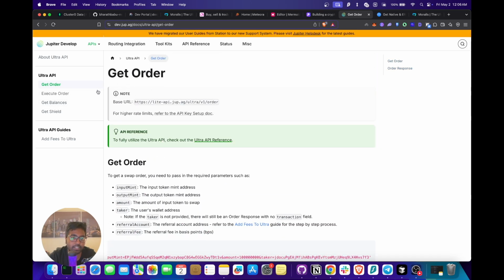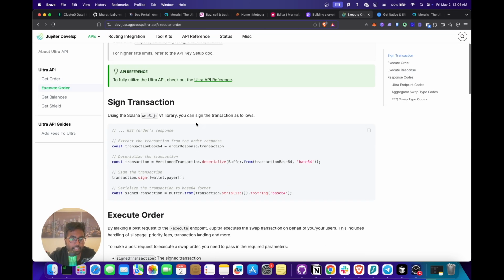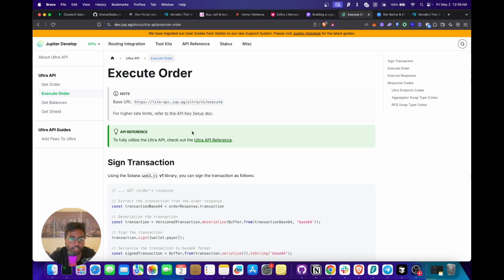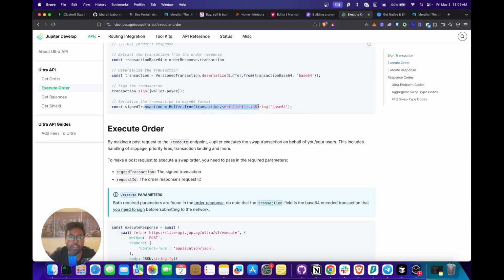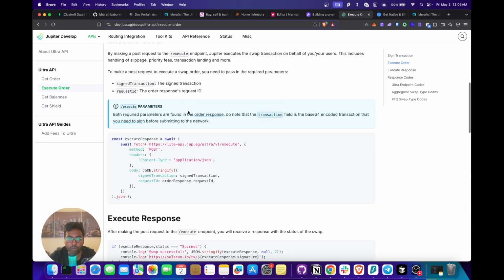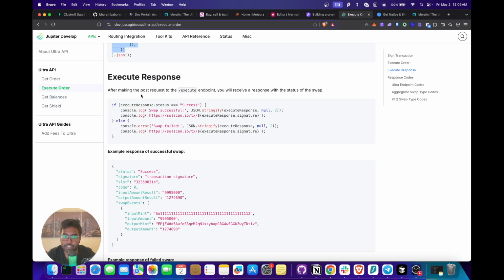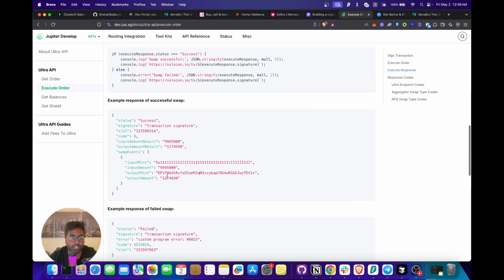So once you get this, once you've signed it with our wallet, the next step is to actually call the execute API. As you can see, we're going to call this URL, and you have to sign it. You can see they're showing a snippet with Solana Web3 JS, where you are basically deserializing the transaction and signing it. And once you have signed it, you convert it back and serialize it to base 64. Once that's done, you can pass in these two things into the request body of this API, and you'll be able to execute this swap itself. So that's on the